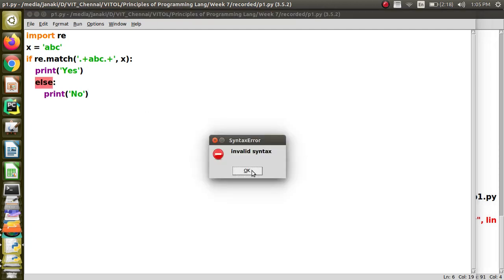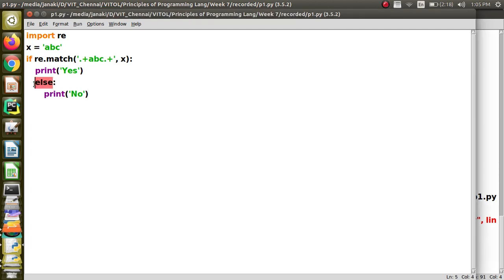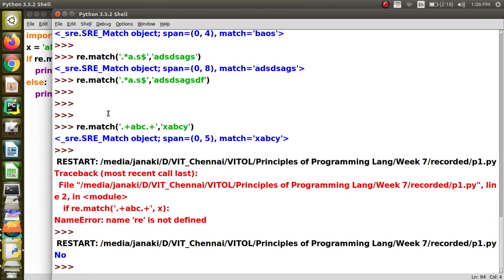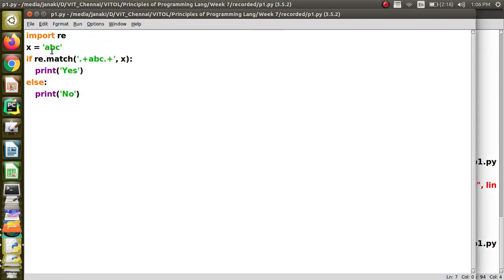There is no proper match, so no should be the answer, because it expects a proper substring. We have a dot plus, which means at least one character should come before it. Here also after ABC we have a dot plus, which means one character should come after it, right?